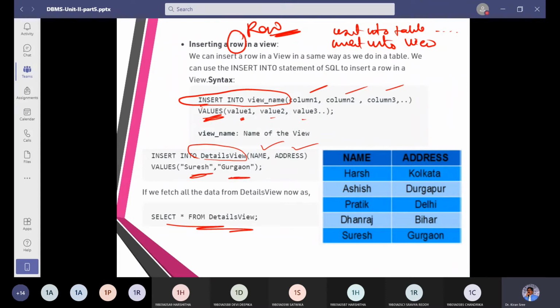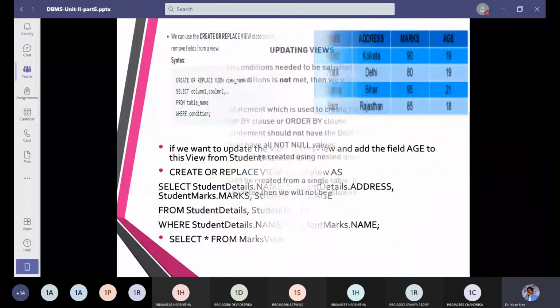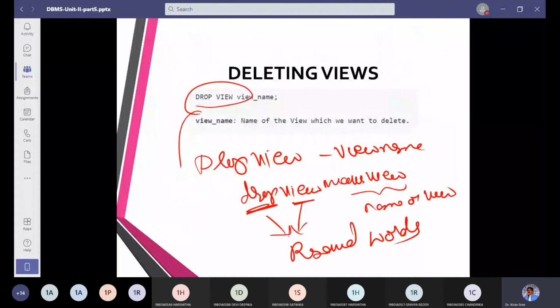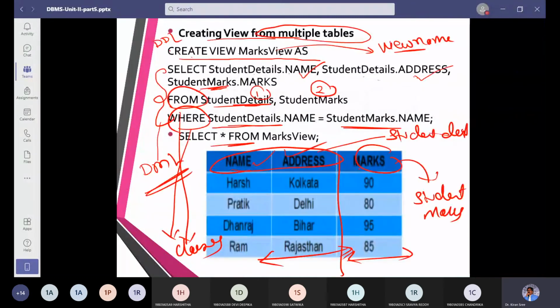Then we are going to fetch the data. How? Select star from this view. Earlier it was Harish, Pratik, Dhanraj and Ram.